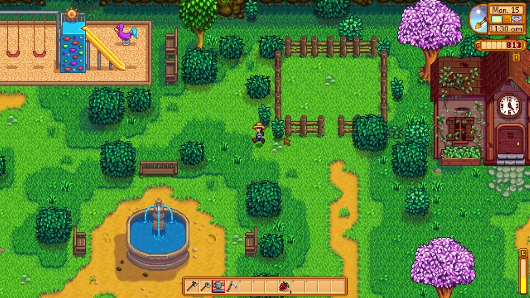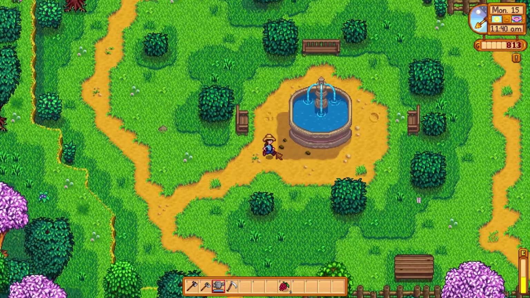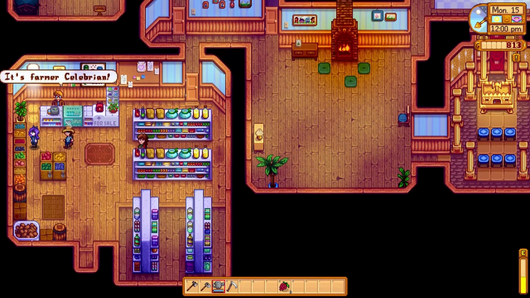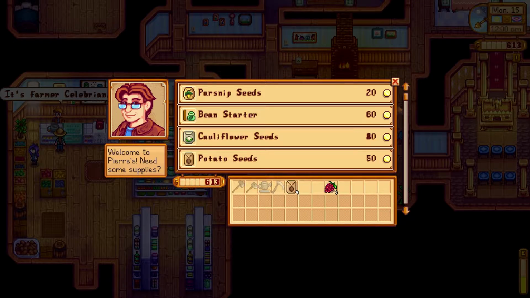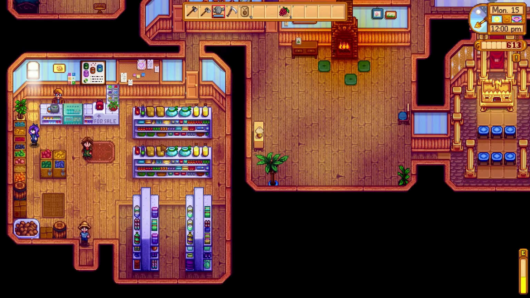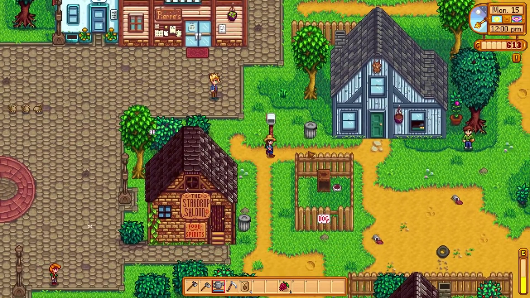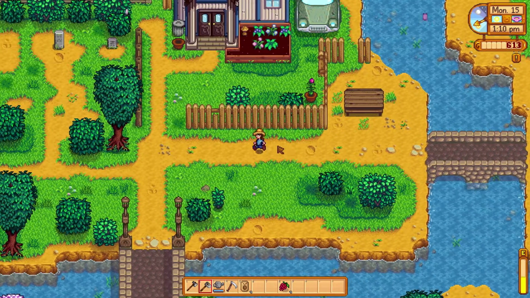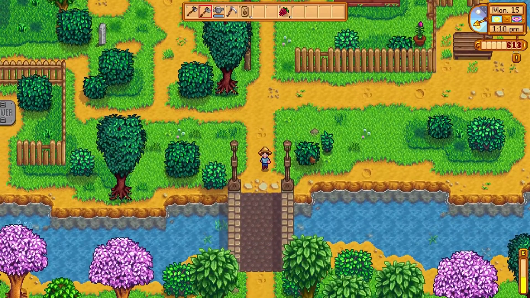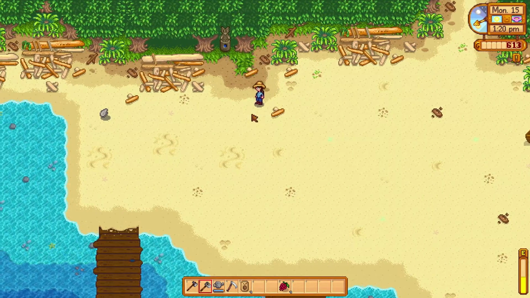And if I was thinking, I would have gone to Pierre's first before I headed to the community center. Oh well. I said I was going to get parsnips, but I'm actually going to get some potato seeds. Hello, farmer. Yep, that's my name. I'm also going to stop at the beach to see if there's anything there as well. Because if I fill up my backpack, I can either sell stuff to Willie, Pierre, or simply